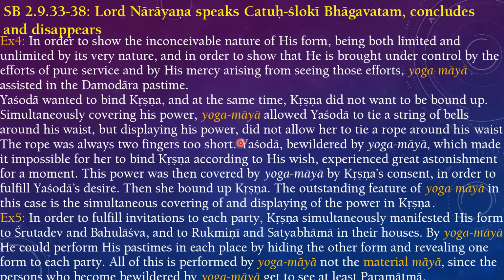Next example. In order to fulfill invitations to each party, again Krishna book. If you have read thoroughly, you can connect to it. Krishna simultaneously manifested his form to Shrutadeva and Bahulashva, and to Rukmini and Satyabhama in their houses. When he went to Mithila, he expanded into two forms. He accepted the invitation of Shrutadeva, he went to the palace, and Bahulashva, he went to